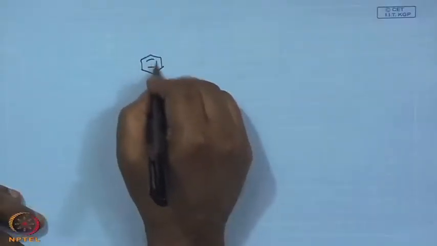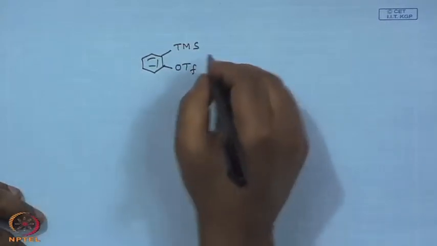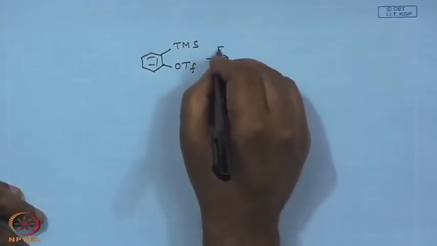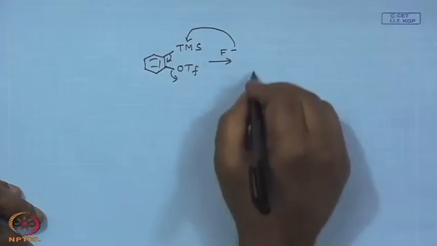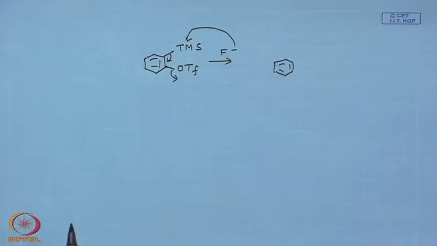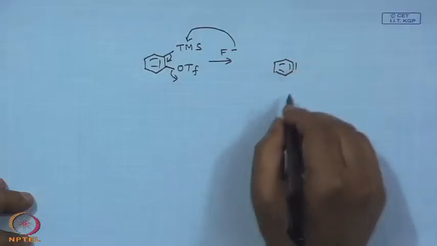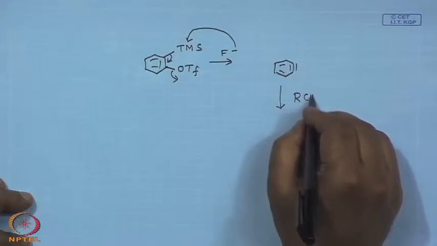In the next example, what I will show is the most popular benzyne precursor these days, as I have said before, the most popular one is the TMS here and the triflate. What does it do? If you treat it with a fluoride reagent, fluoride goes to TMS, and then triflate comes out. So, eventually you will be getting this sort of neutral or basic conditions benzyne formation. Now, if you treat this with, let us say, R CHN2,